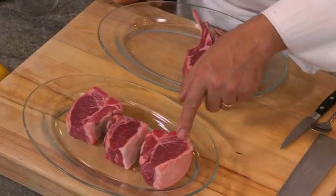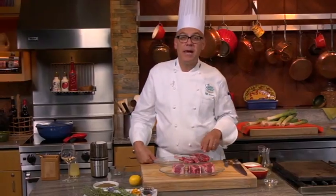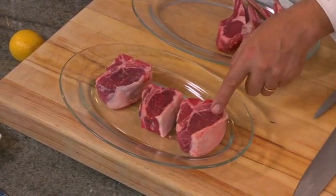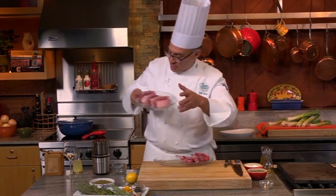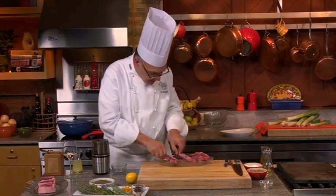If this were on a cow, what you would be looking at here is a T-bone steak. So on one side, a little piece of filet. On the other, on a beef cow, this would be the New York strip. In both cases, the bone is still in here, and I think that's a great way to cook lamb. I'm not going to cook these loin chops right now. Instead, I'm going to cook the rib chops, or the lamb chops, and